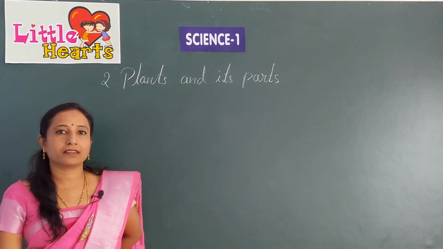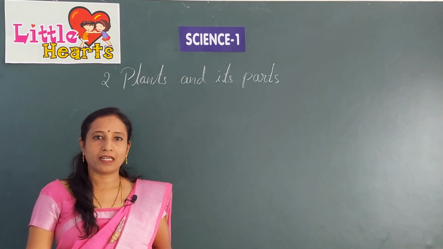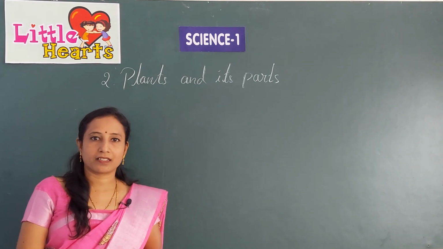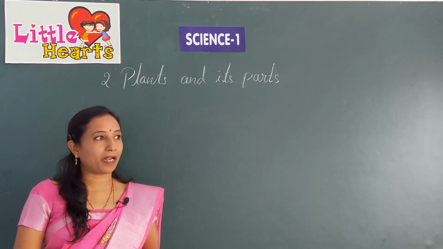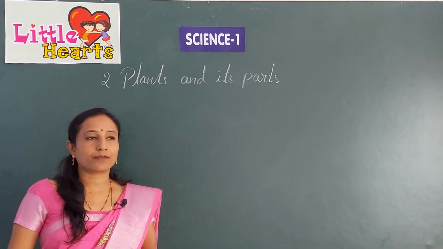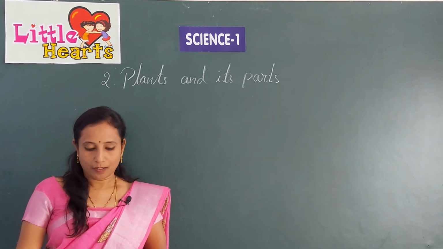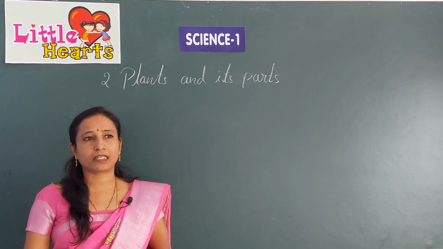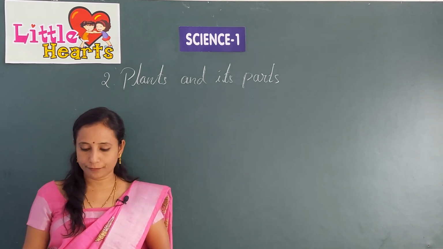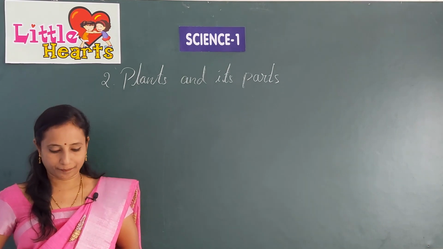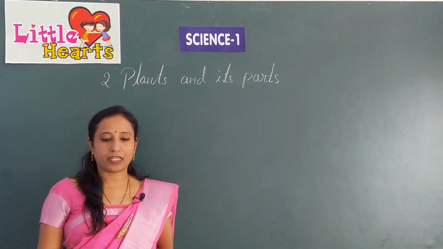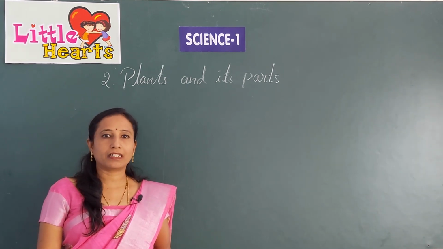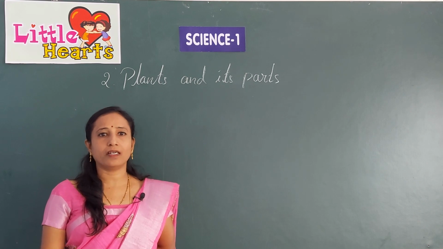As we discussed in the first lesson, kinds of plants, in today's lesson we are going to learn about what the main parts of a plant are, what the uses of roots are, and which part of the plant helps in properly preparing the food. And also we are going to learn about the functions of the different parts of a plant. So, first of all we will learn about the different parts of a plant.